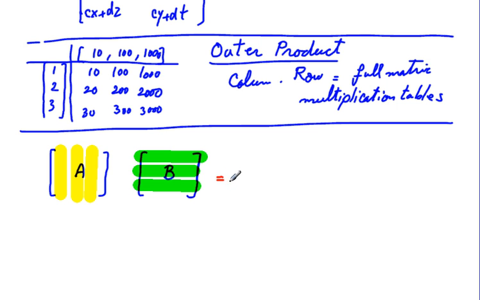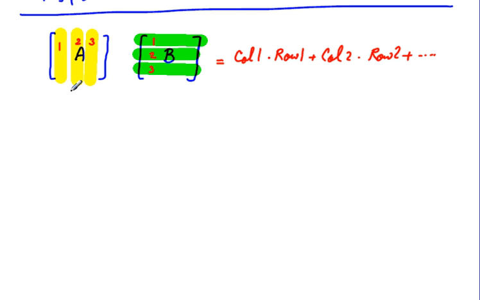is going to turn out to be, let's call these columns column 1, column 2, column 3, and rows row 1, row 2, row 3. So column 1 times row 1 of the second matrix, column 2 times row 2, and so on down the road we go. So this is called multiplication by using outer products. Let's see what's the reason for that. So I take again an example of a 2 by 2 matrix so we are not drowned in writing lots of